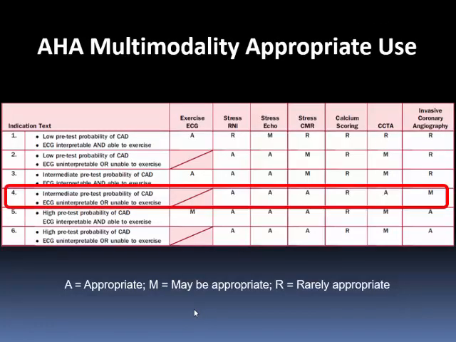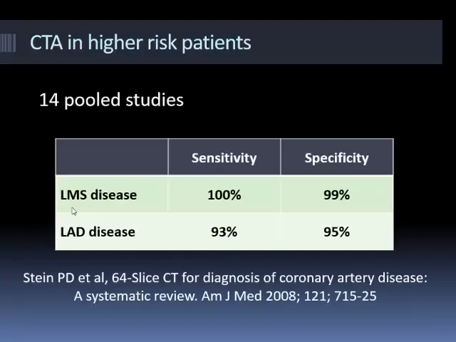AHA basically tell you the same thing. So intermediate risk, often where the ECG is uninterpretable, i.e. left bundle branch block, or for example they can't exercise, then it can be very, very helpful. Now saying that, you can use CT angiography in